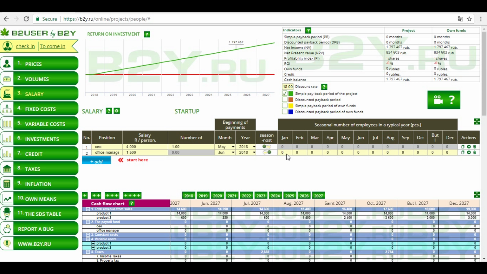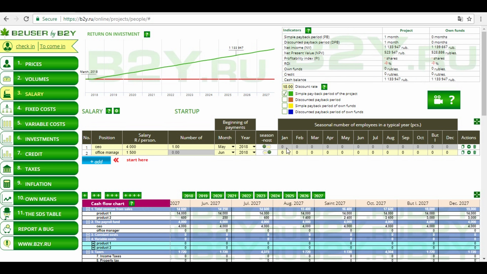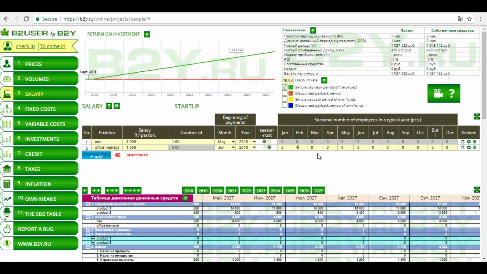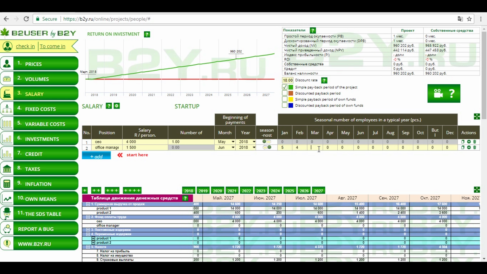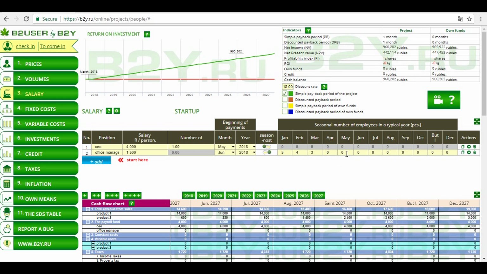In January we will have 5 office managers, here 4, in February then 3, two,